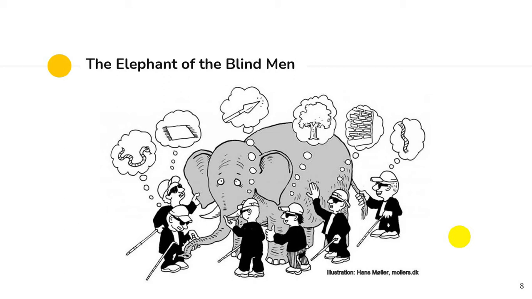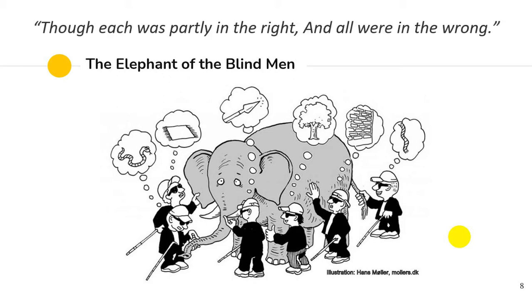The first person, whose hand landed on the trunk, said, "This being is like a thick snake." For another one, whose hand reached its ear, "It seems like a kind of fan." As for another person who felt its tusk, "The elephant is that which is hard, smooth, and like a spear." The blind man who placed his hand upon its leg said, "The elephant is a pillar like a tree trunk." Another one placed his hand upon its side and said, "The elephant is a wall." The last felt its tail and described it as a rope. So each one of them was partly in the right, and all were in the wrong.